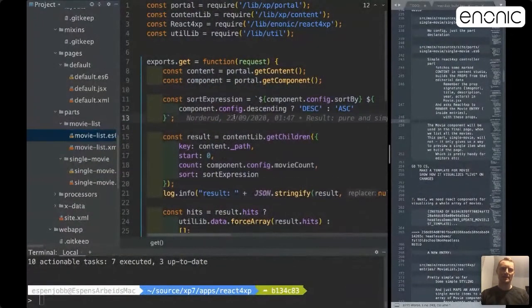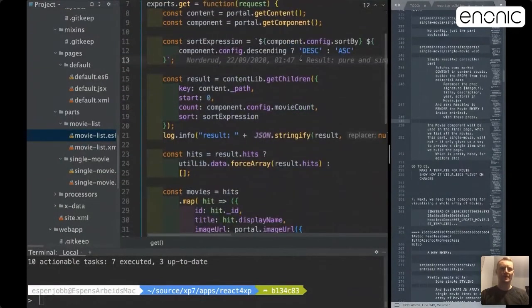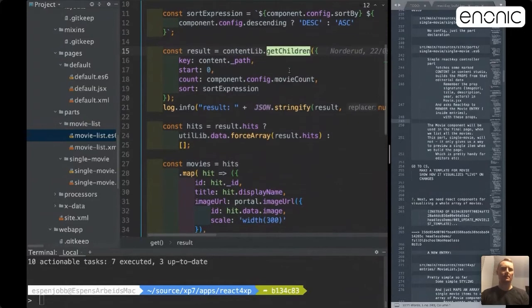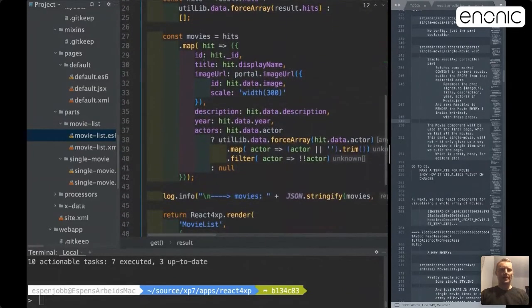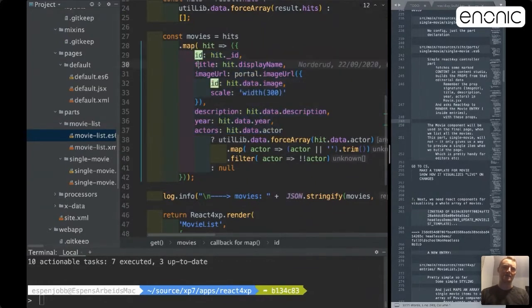What that does is it uses the config to make a sort expression. It runs a get children from the regular content lib, and again, we populate movie items that match the signature of props in the movie JSX. We're also adding the ID. That's because